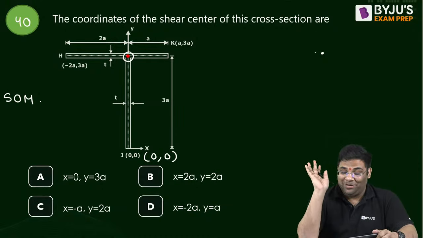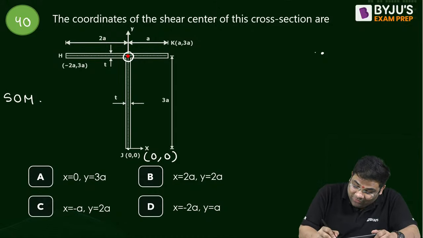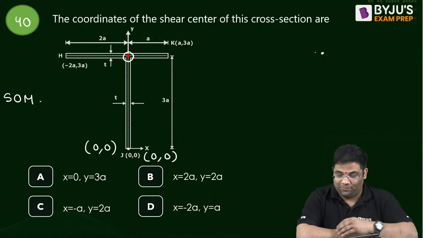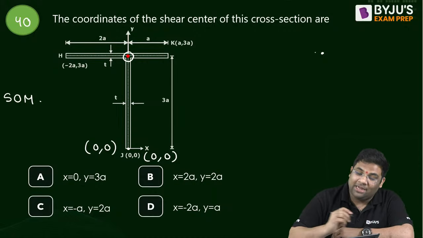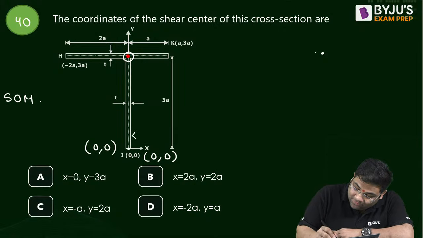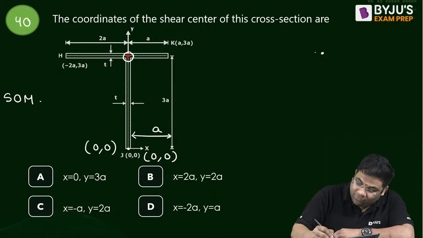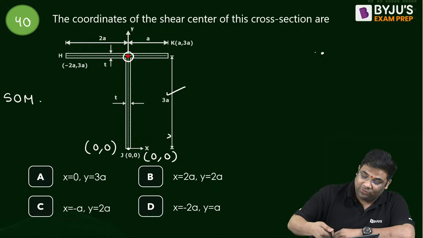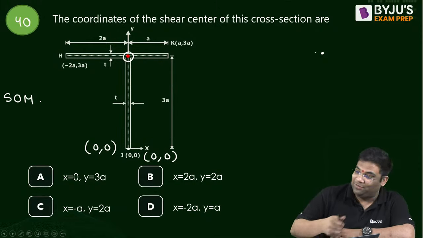Okay, I am helping you. This is having the 0, 0 coordinate given in the question. Now tell me the coordinates of this particular point. Yes, this is given as A and 3A. Why A and 3A? Because you see the x coordinate is A here and the y coordinate is 3A here. Now answer the question.